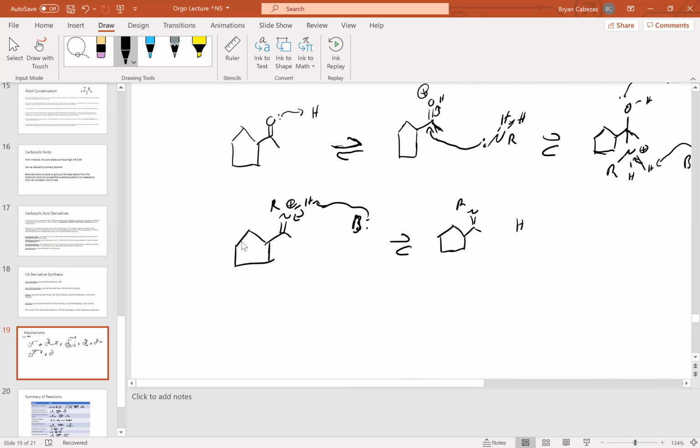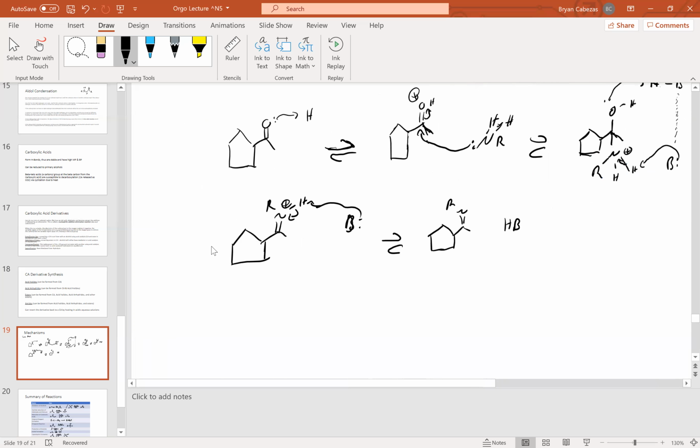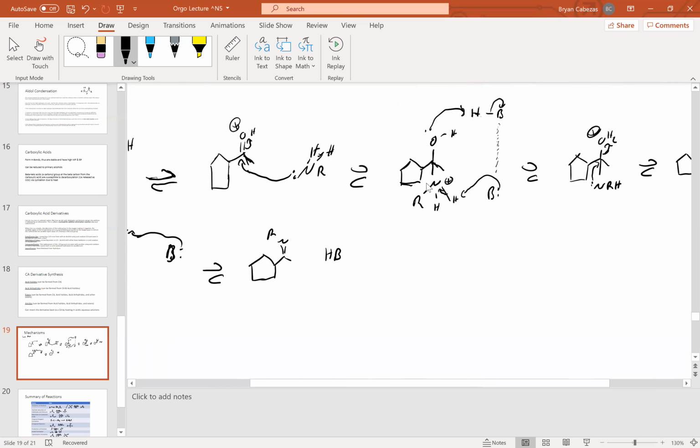So that's how this mechanism works, right? We have the protonation of the oxygen over here to make this carbonyl carbon good and electrophilic. Then our nitrogen, with its lone pair, is going to come in and bind as a nucleophile. It's going to attack as a nucleophile. The HB group, or whatever group is present in your solution, is going to have its hydrogen snatched away by our oxygen group here in order to make this group a